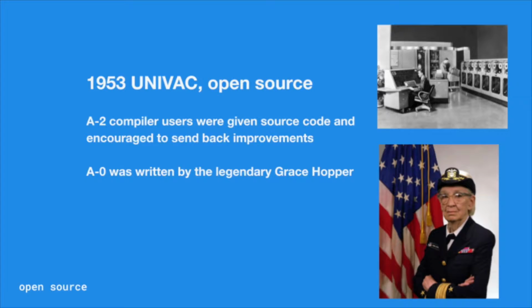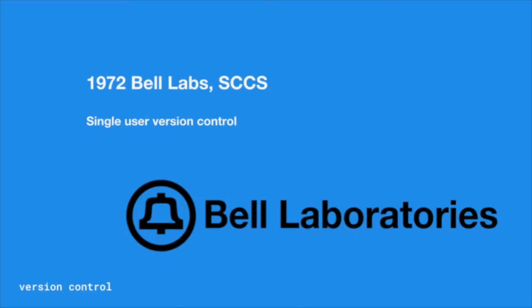Open source is an interesting thing. When did it really start? One of the early tracings of it goes back to 1953 with a program originally written by Grace Hopper that UNIVAC sent out with the source code saying, if you want fixes to this, please send us back the fixes. If you want to make it better, send it back and we'll send them out in the next release. And that's really the spirit of open source. That was often the culture for quite a long time after that. But the term open source didn't come till much later, of course.